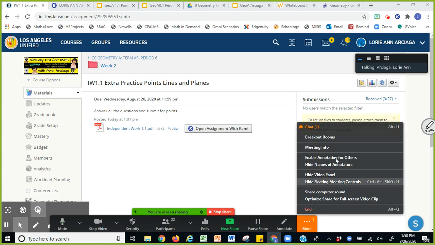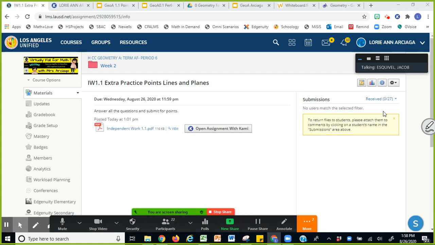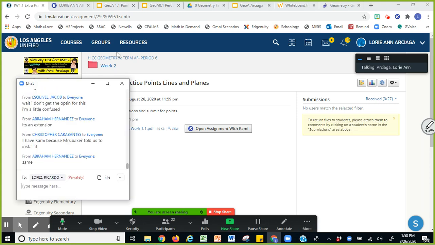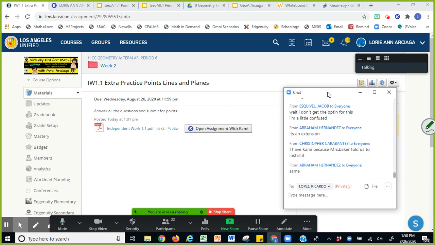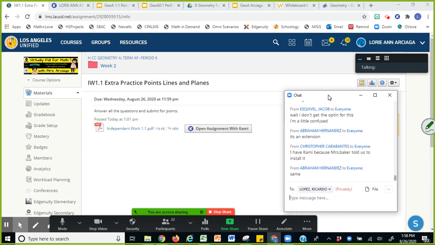Okay, you got it, Jacob. No worries. I don't know if you saw my screen when I was opening it. It took like 6 to 8 seconds before it loaded. Let me read the chat. I have Kami because Miss Baker told us to install it. Cool, so it's an extension. Thanks, Christopher, for sharing that, and Abraham.